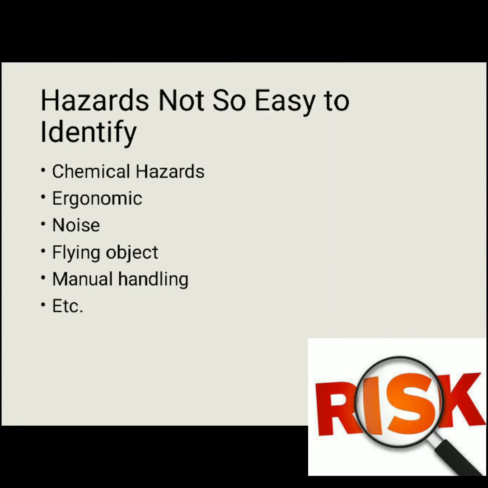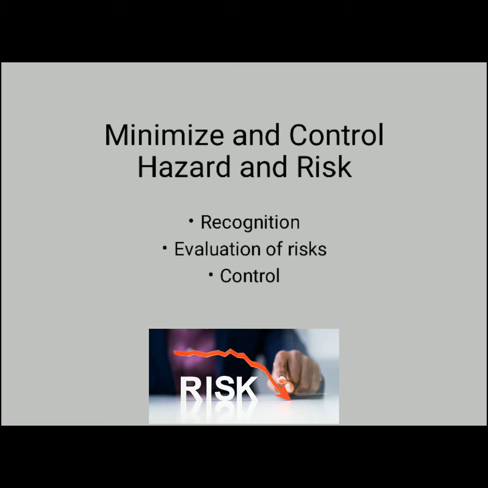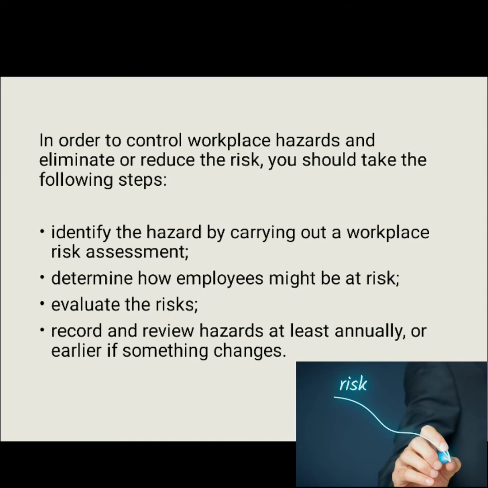Next is the noise, flying object, manual handling, but we can minimize and control hazard and risk with effective recognition, evaluation of risk, and control. In order to control workplace hazard and eliminate or reduce the risk, you should take the following steps. First is identify the hazard by carrying out workplace risk assessment. Second is determine how employees might be at risk. Next is evaluate the risk, and the last is record and review hazard at least annually or earlier if something